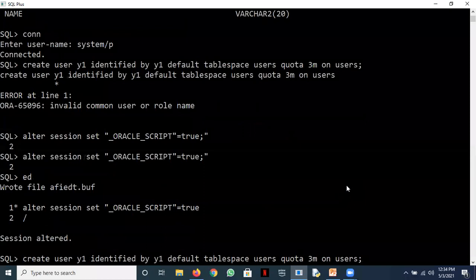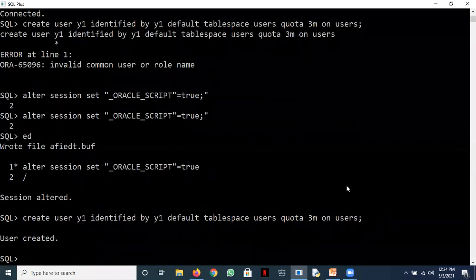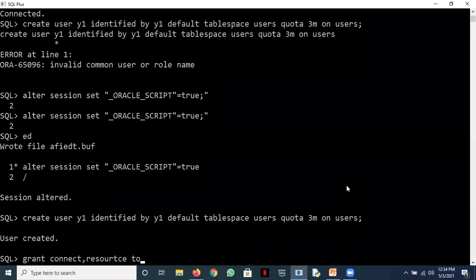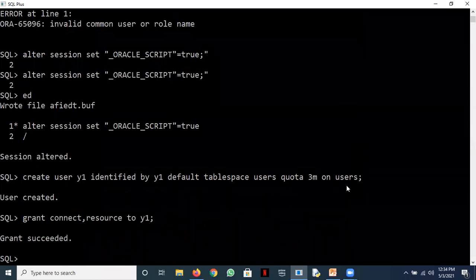Now our command can work. We created a new user. Then we can grant connect, resource to y1. So y1 can now create the objects. He can log in. Okay.